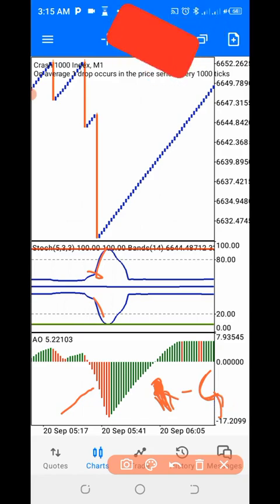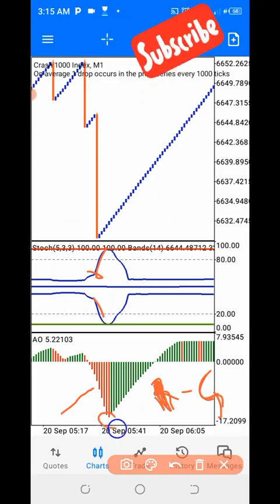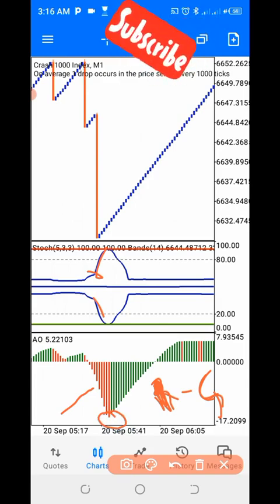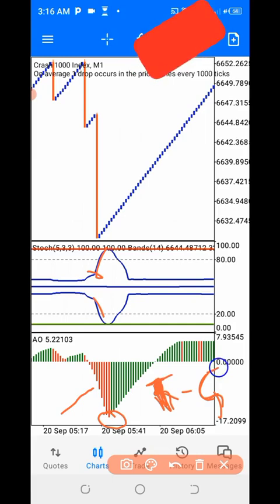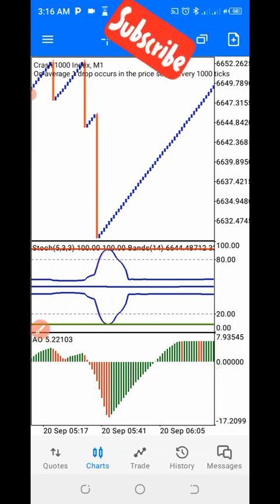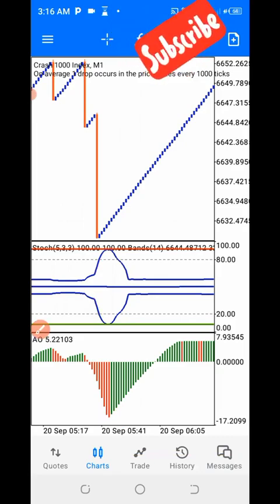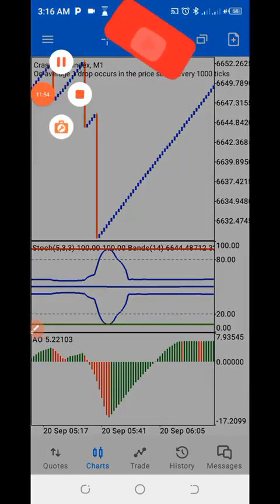So you buy at the support area. Buy is always green. You buy at green. That is why you need to wait for the awesome oscillator to transform from red to green. The awesome oscillator is what is going to give you the final confirmation, so that you will not end up being caught up with the spike.